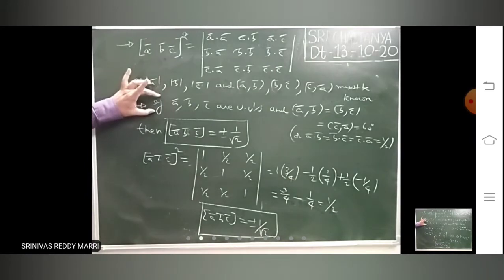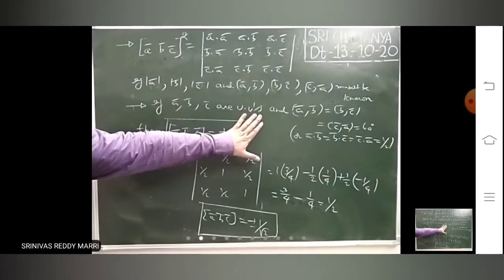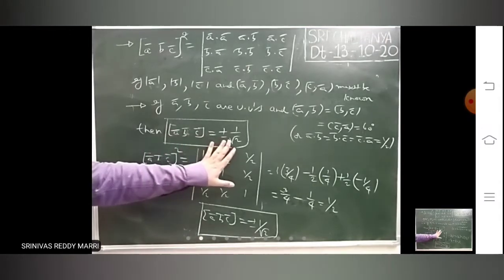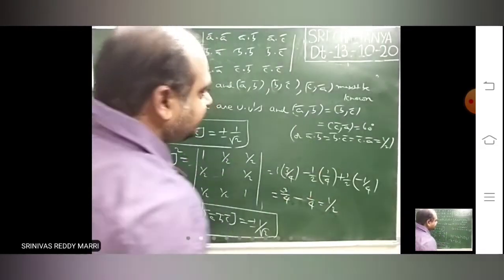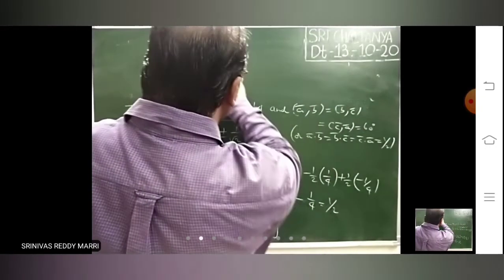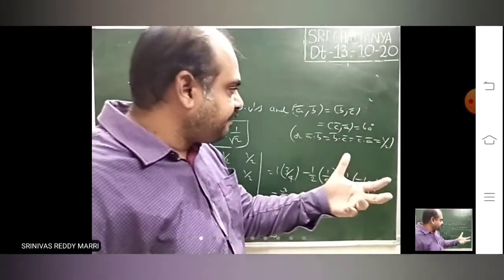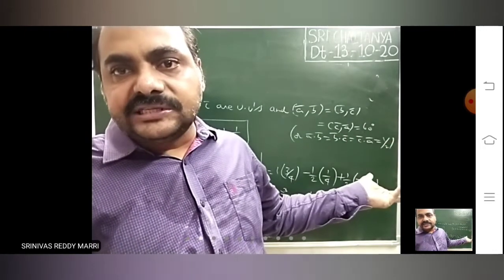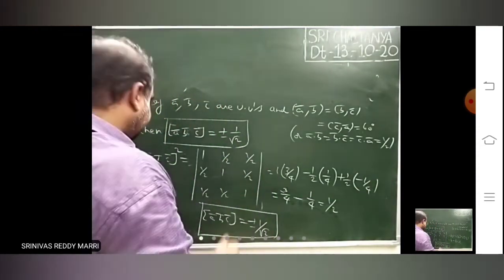But whenever this will come, if you remember this value, then the problem will become easy. When they are unit vectors and the angle between each pair is 60 degree, then box ABC is plus or minus 1 by root 2. Look at, the angle between each pair is 60 degree. Now here, how the vectors will be, you can make an assessment. Can you draw on the board? Suppose your paper is the plane. Can you draw three vectors like that, such that the angle between each pair is 60 degree? You cannot draw.